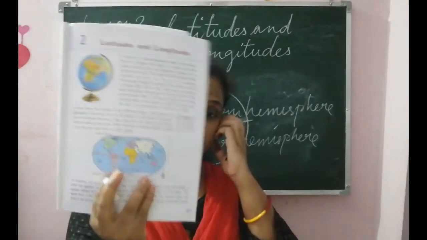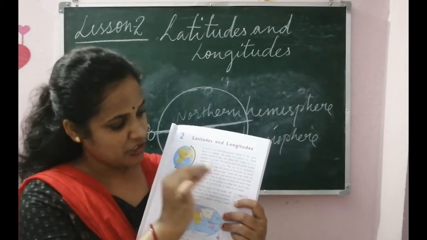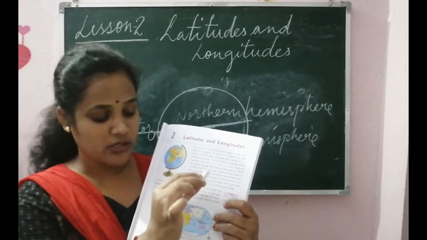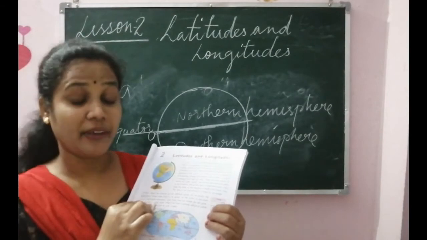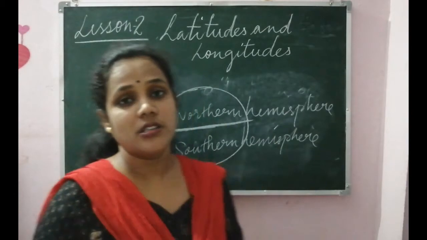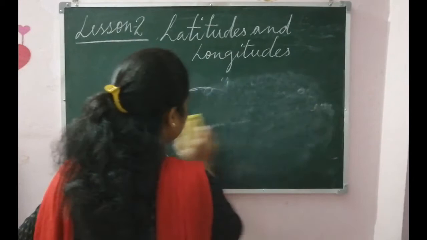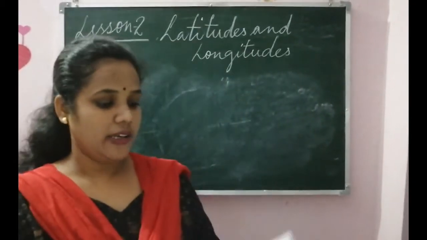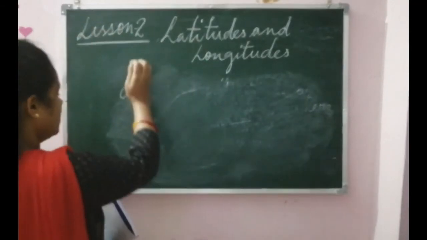So we have completed 3 paragraphs. So you understood first one is about globe, a 3-dimensional, and about the Earth's axis, North Pole, South Pole. Second paragraph is telling you about that grid pattern. And third one is about your equator and Northern Hemisphere and Southern Hemisphere. Alright. Next we have latitudes.